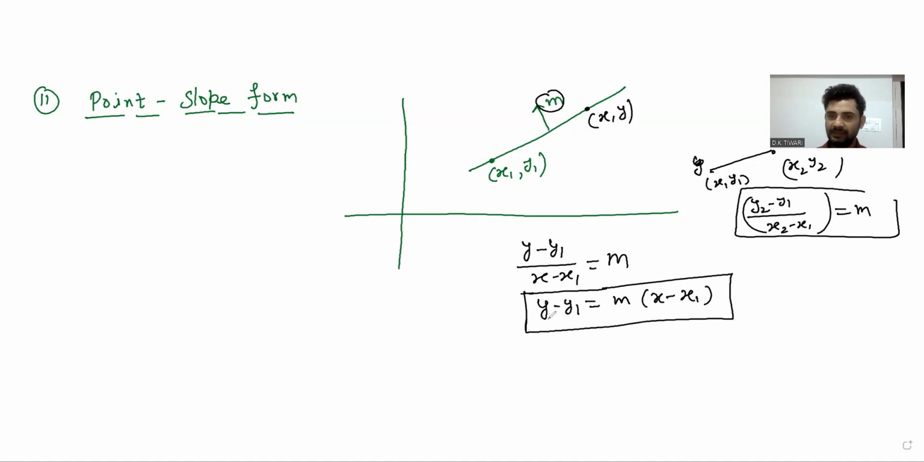What is that? y minus y1 equals slope times x minus x1. That is the second form. Is there any doubt in this concept? Okay, so we move to the next concept,